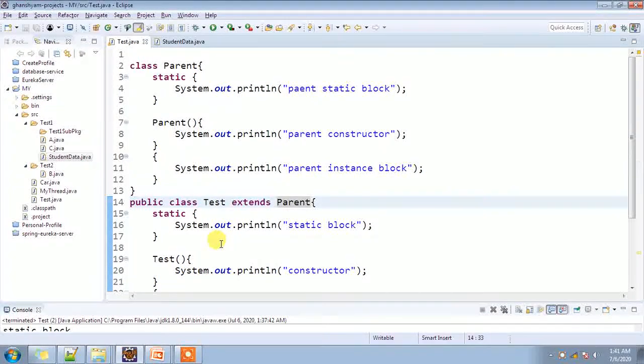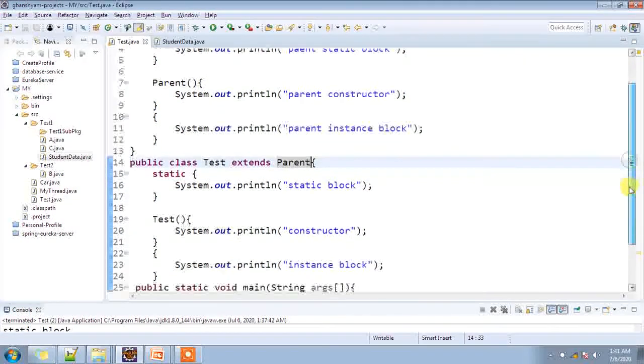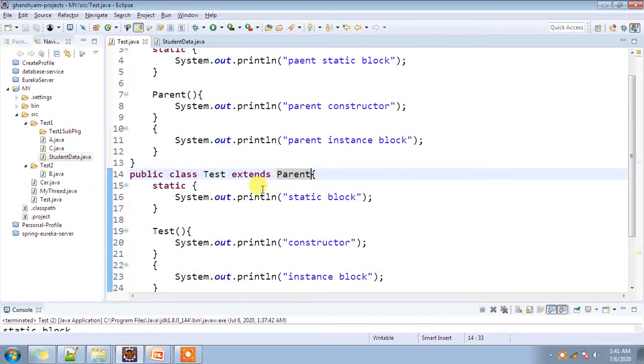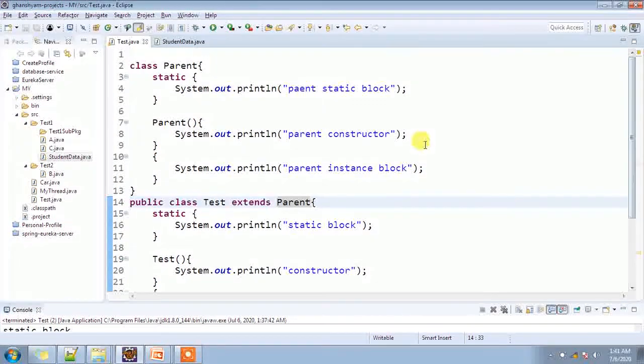So every static block and static method will be loaded at the class loading time. Class loading happens before the object creation. Okay, so after executing the static block of the subclass, now control will go to the parent class